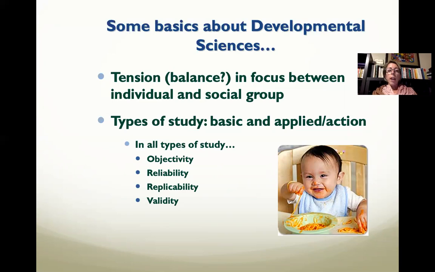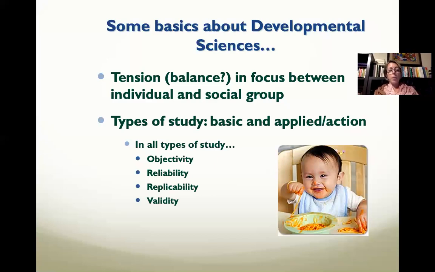There's also applied or action research and basic research. We're going to look at a little bit of both. Both clinical work as well as IO sometimes tend more towards the applied or action, right? Because we're dealing with real problems and dealing with what is the answer to this actual thing going on in the world, as opposed to which sounds do babies learn first, right? So there's a difference between the basic, trying to figure out in general, but also the applied action.